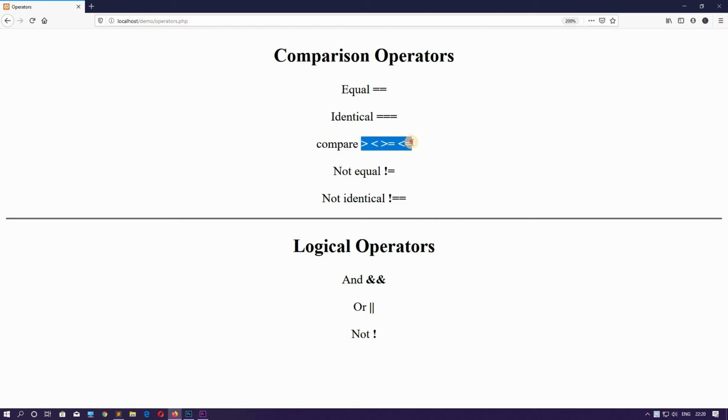And these are all comparison operators, like the greater than sign, the less than, the greater than equal to, the less than equal to, and this is not equal to, that a value is not equal to. So this is not equal to and this is not identical, and these are the logical operators. This is logical and, this is logical or, and this is logical not. So now I have shown you what the operators are, and now let's use them.